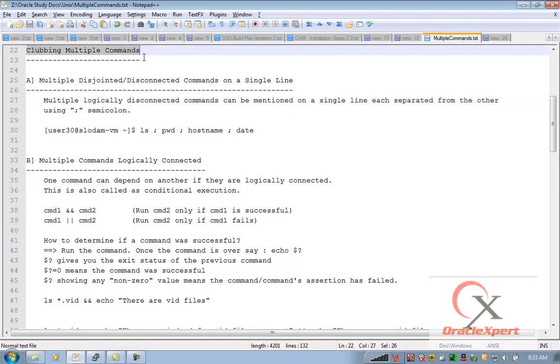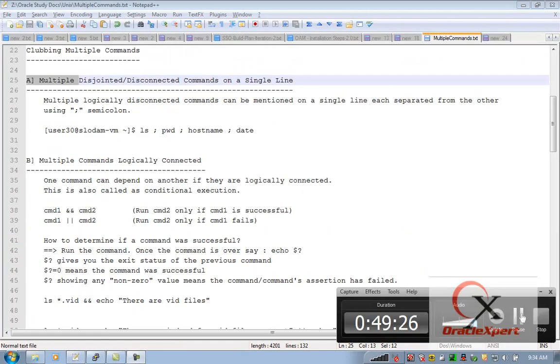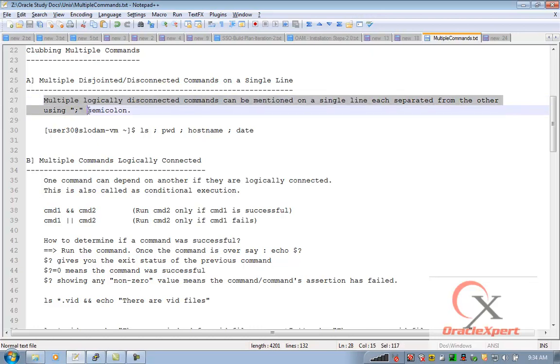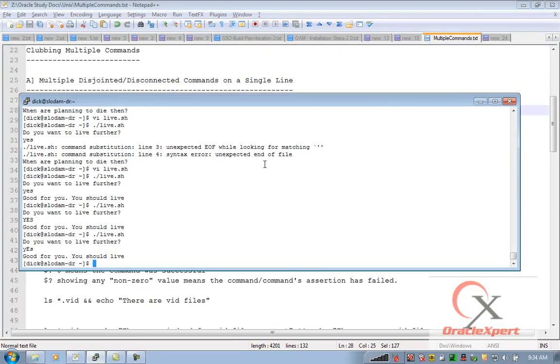Now clubbing multiple commands on the same line. How could one club multiple commands? The first one. See here, multiple disjointed, which is disconnected, commands on a single line. Multiple logically disconnected commands can be mentioned on a single line, each separated from the other with a semicolon. So typically, I would have to type